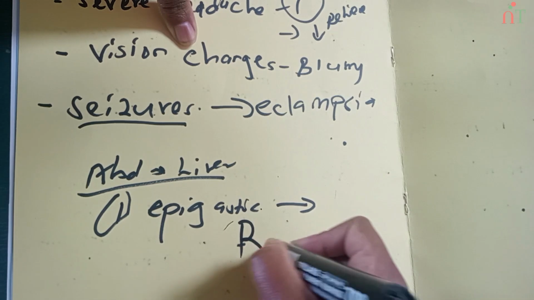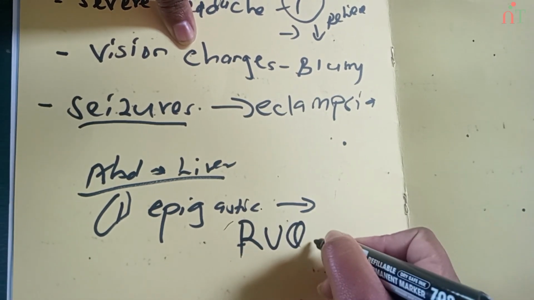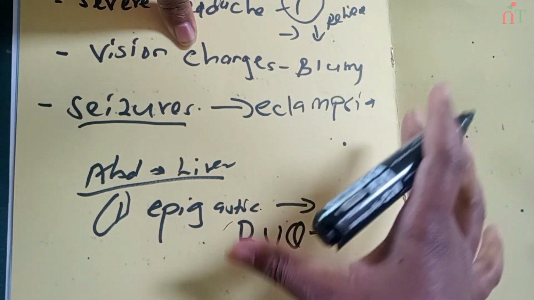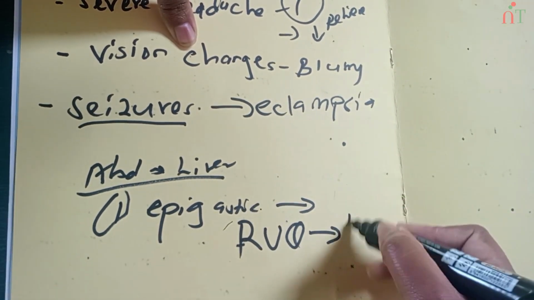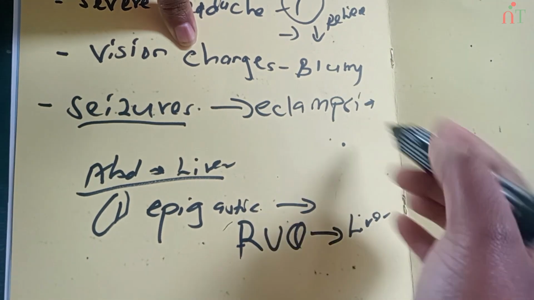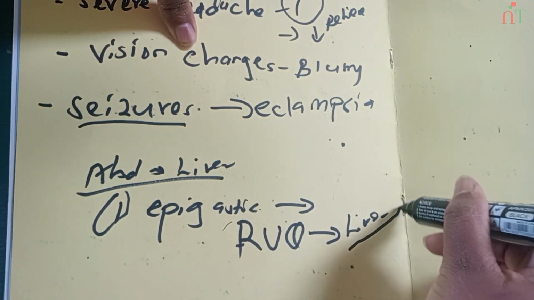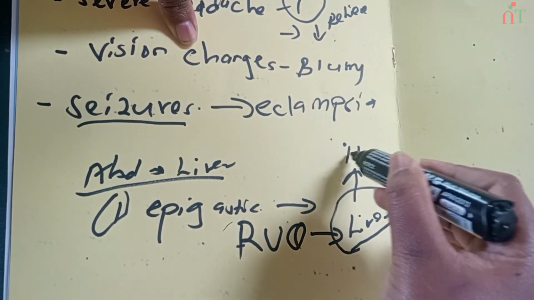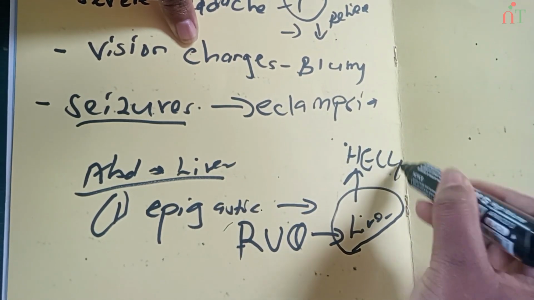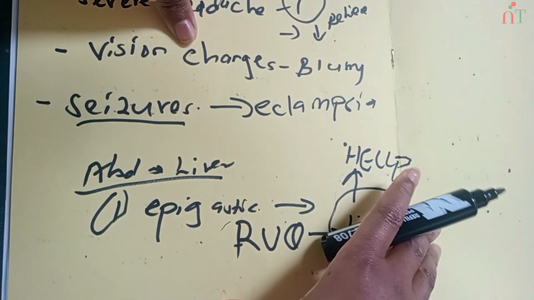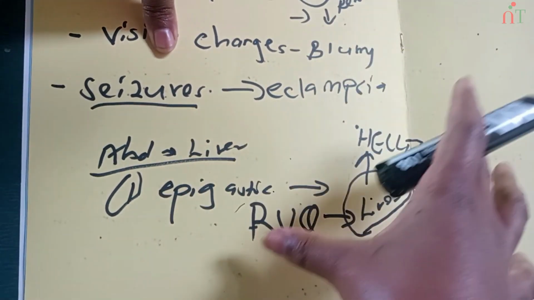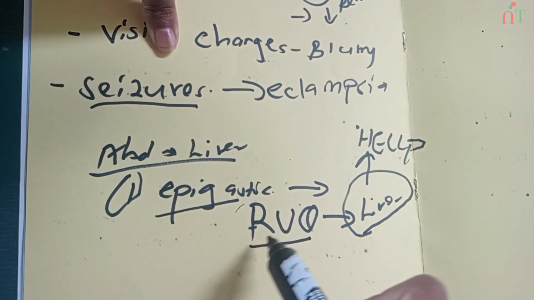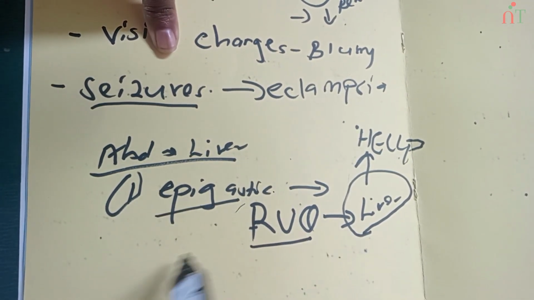Pain on the right upper quadrant could indicate that these things are getting serious, because now it's affecting the liver. We're going to talk about one of the complications of preeclampsia affecting the liver. Have you ever heard about the condition called HELLP? We're going to talk about that when we are talking about complications of preeclampsia. So epigastric pain, and when you're palpating during your examination, they have pain on the right upper quadrant. That is